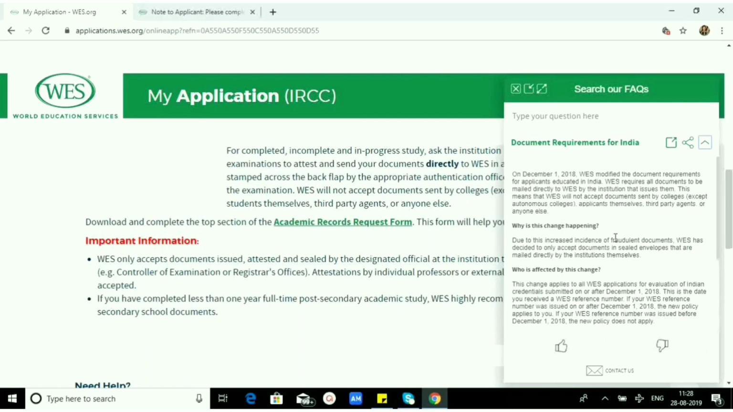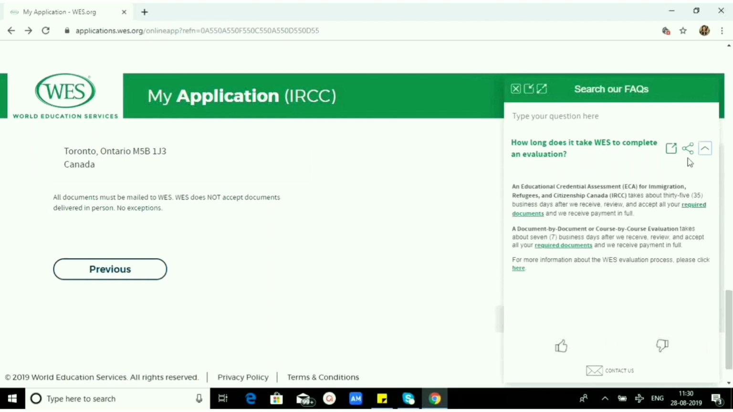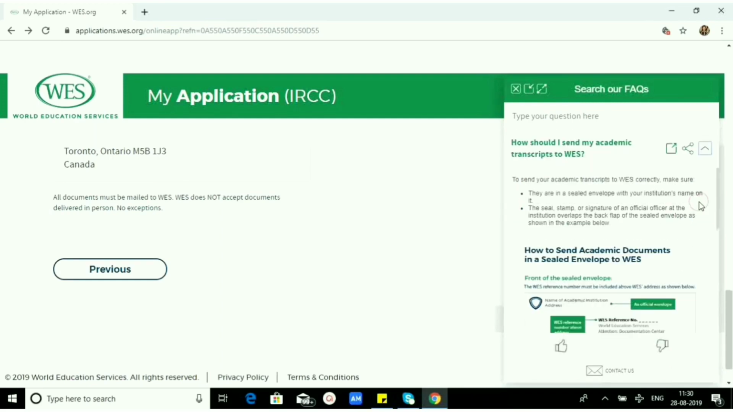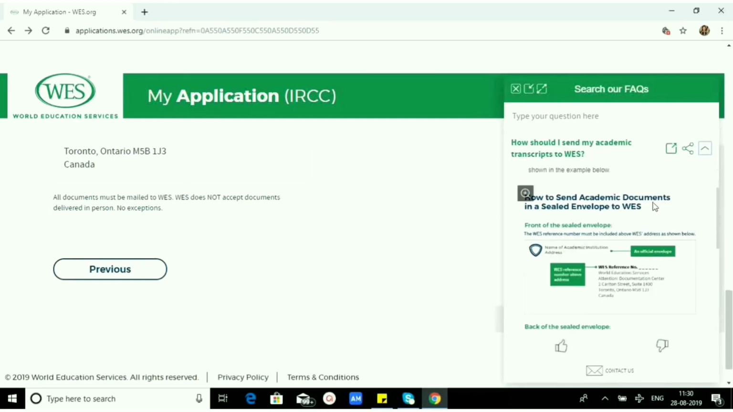So yeah, this is what is written. The second question is how long does it take for WES to complete an evaluation. And the third is how should I send my academic transcripts. This is what I wanted to show you: how to send academic documents in a sealed envelope to